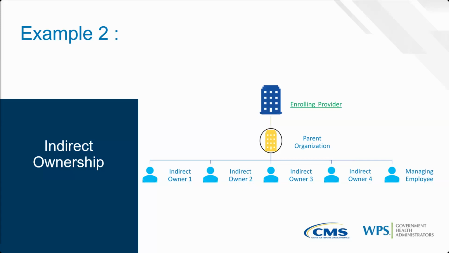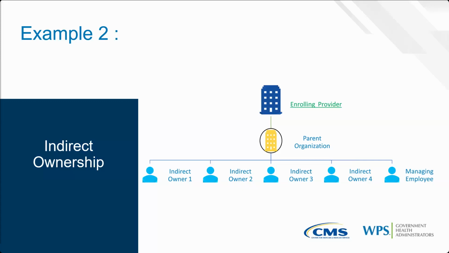The indirect owners, at least one of them is going to have to be the authorized official or that AO. The others, if they meet the qualifications, could be additional AOs. You can report multiple authorized officials, or they could be delegated officials. And again, you can have multiple delegated officials. Also, delegated official is an optional role. You do not have to have it, but